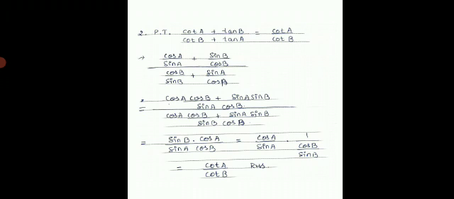Now what must we get in the RHS answer? Cot of A. Angle A you must get in the numerator. So here cos A we have in the numerator and also we have sin of A. So after converting you will get cot A in the numerator. Also in the denominator we must get cot of B. So you will get it only by shifting sin of B in the denominator. So cos B upon sin B is nothing but cot of B, which is the required answer.